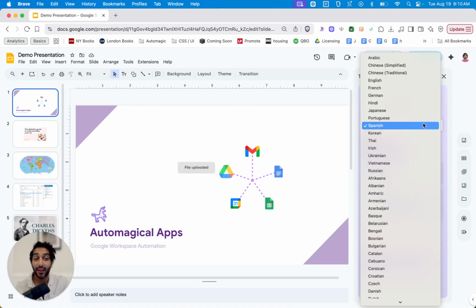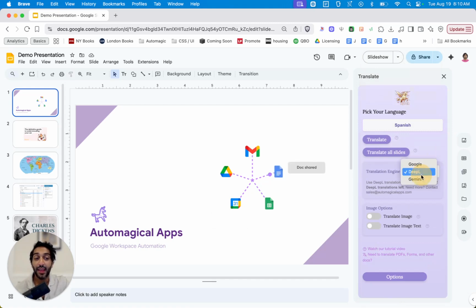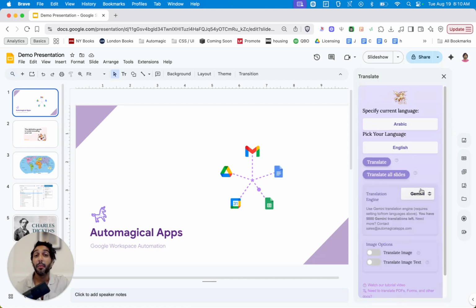You can select your language. With the Google Translation Engine, there's over 100 to choose from. You also have the DeepL translation engine and the Gemini translation engine, both of which tend to have a higher quality depending on the languages you're translating to, but also require you to have a school district or a business license. So if you need one of those, reach out to us at